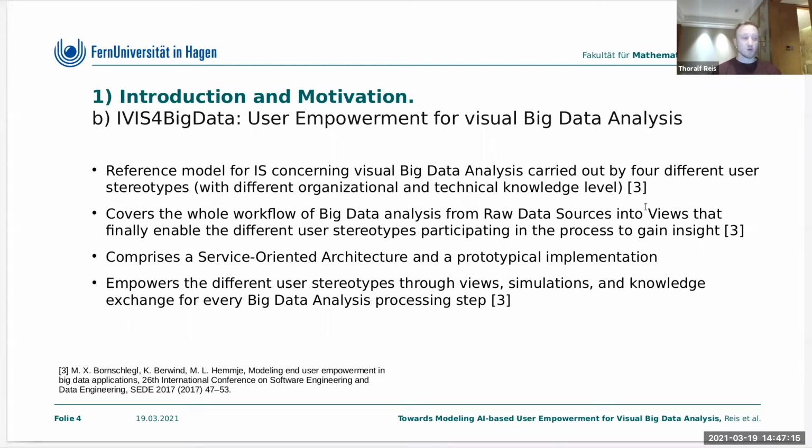IVIS for Big Data is not only a theoretical reference model, but it's more than that. It's kind of a framework based on a service-oriented architecture, with multiple prototypical implementations, and it has been validated already in several research and industrial projects across multiple domains, for example, in the robotics industry or with OEMs